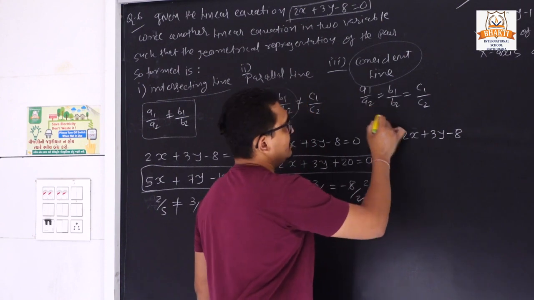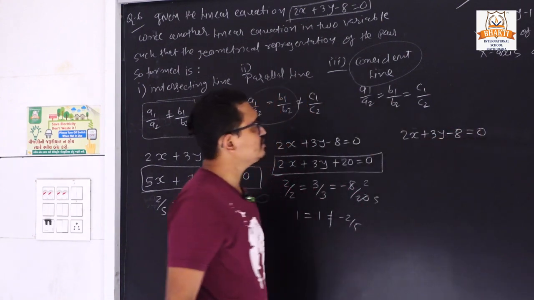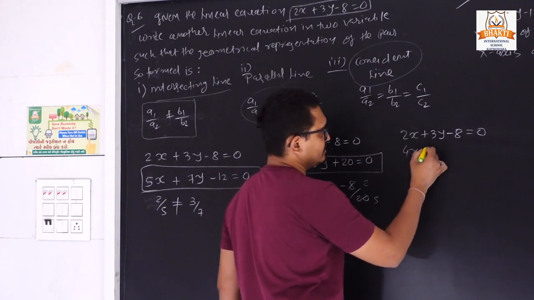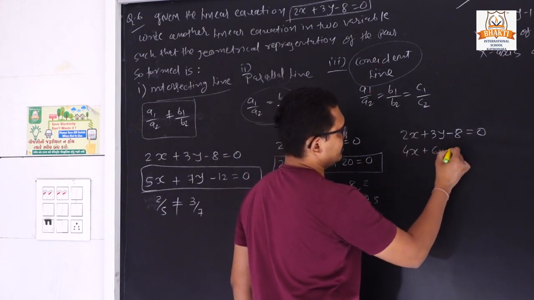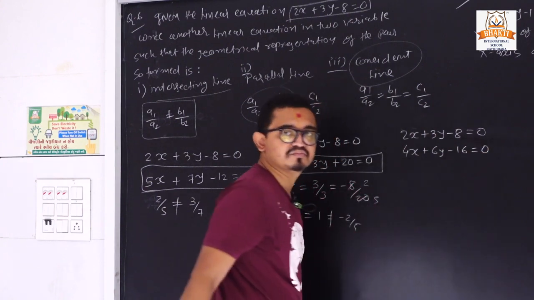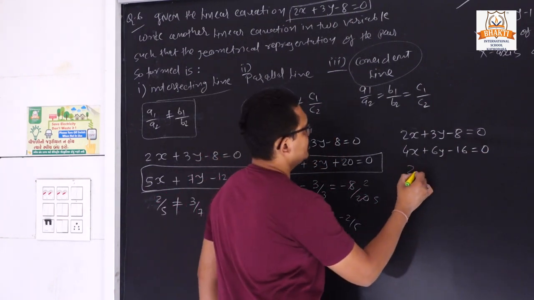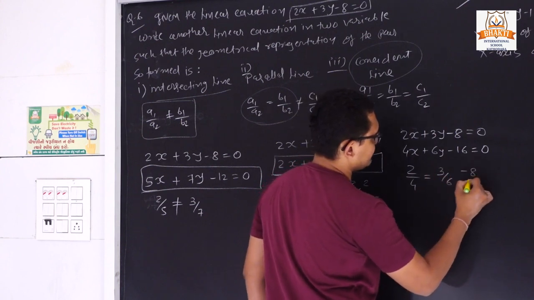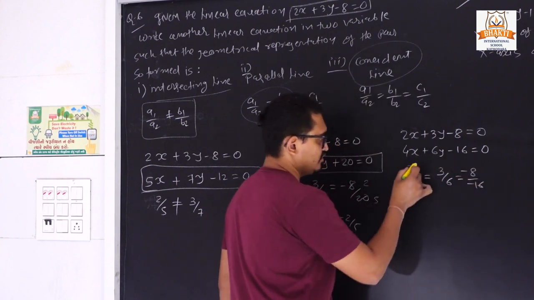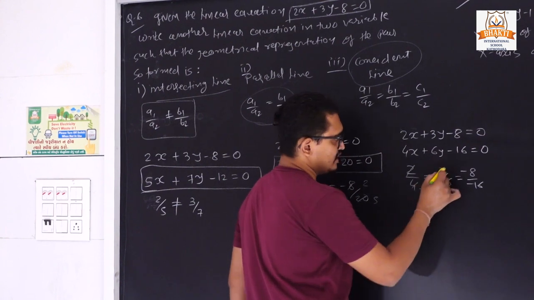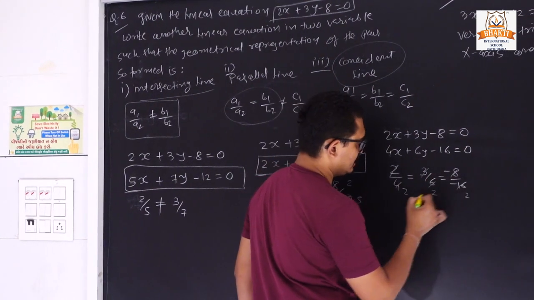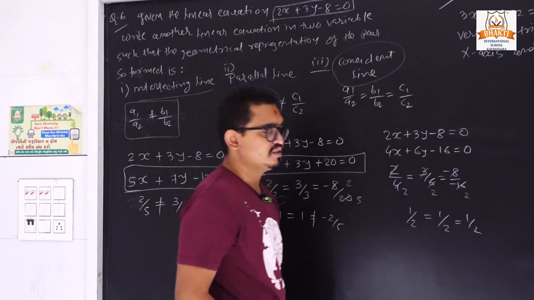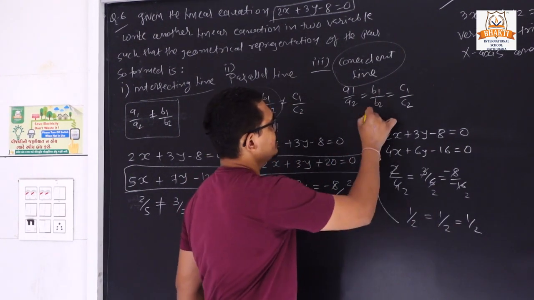So now we need to satisfy our last condition. So here I am also writing like that. We can twice each number. 6y minus 16 is equal to 0. So see that 2 by 4 is equal to 3 by 6, and here minus 8 upon minus 16. So 1 twos are 2, 2 twos are 4, 3 twos are 6, 8 twos are 16. So all answers are similar, 1 by 2, 1 by 2, 1 by 2. So this satisfied our condition.